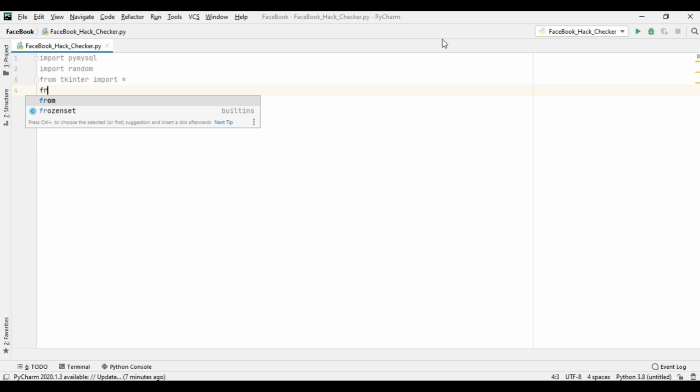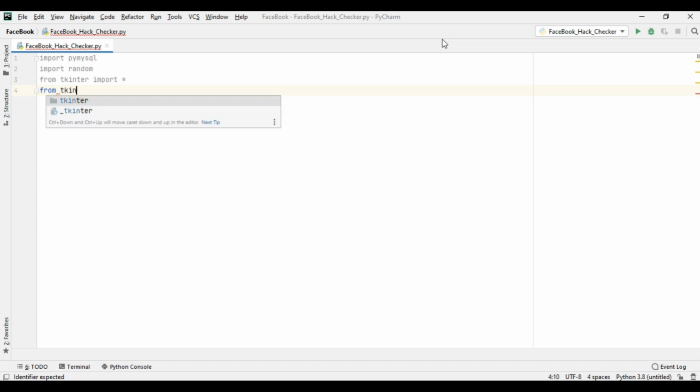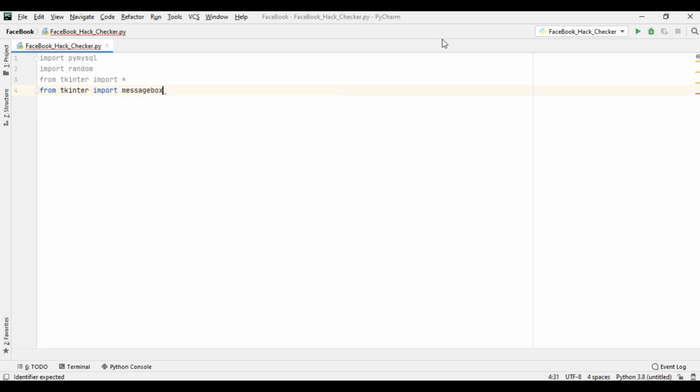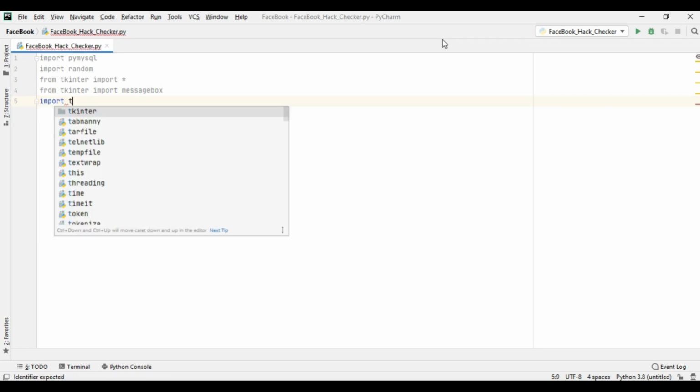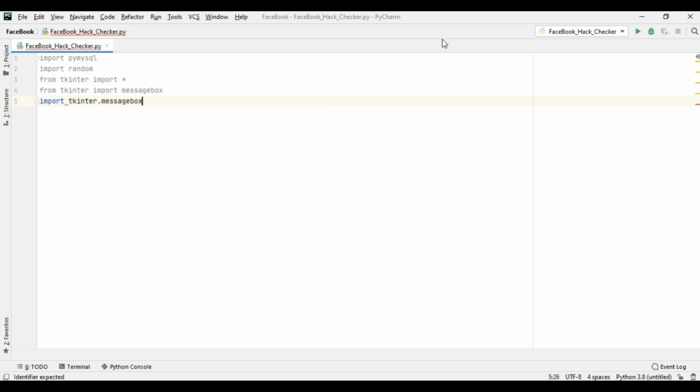For that we need a message box, which is also present in Tkinter. From Tkinter import messagebox, import tkinter.messagebox. So all the imports have been completed.